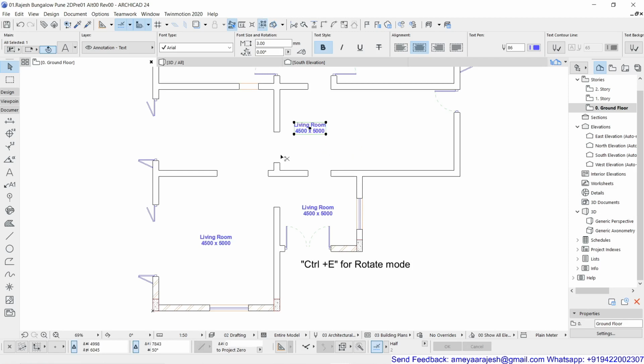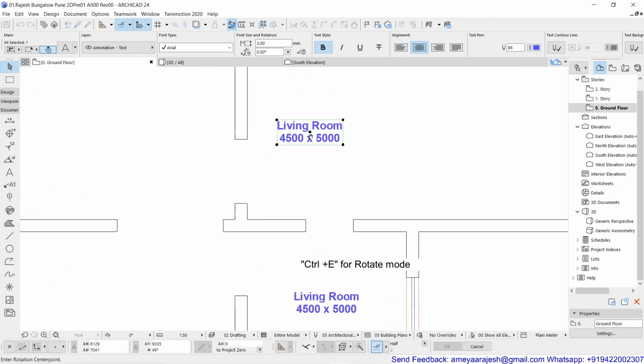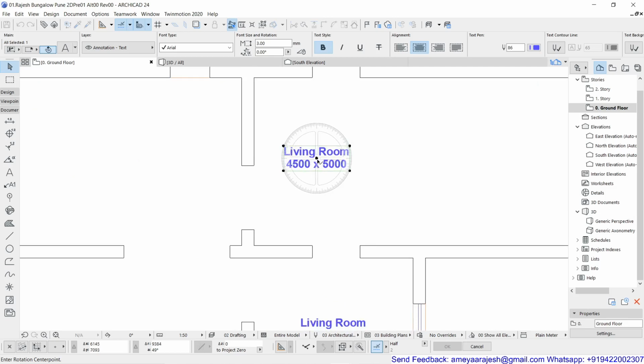Then I'll press Control E, that is rotate. If you read the prompt, it says enter rotation center point. So this becomes my center point for the rotation. Then this becomes my start angle. So this is one possibility, that I can give my start point and then complete the rotation.